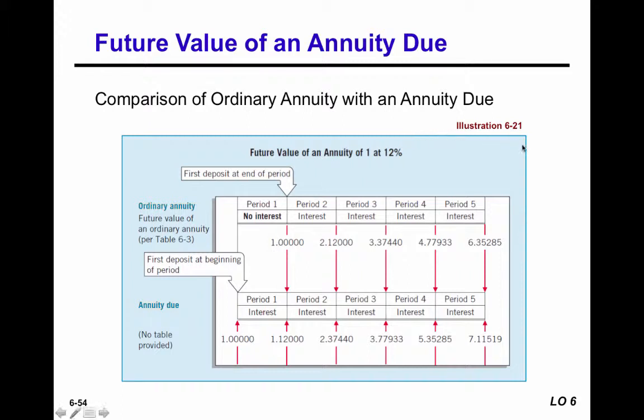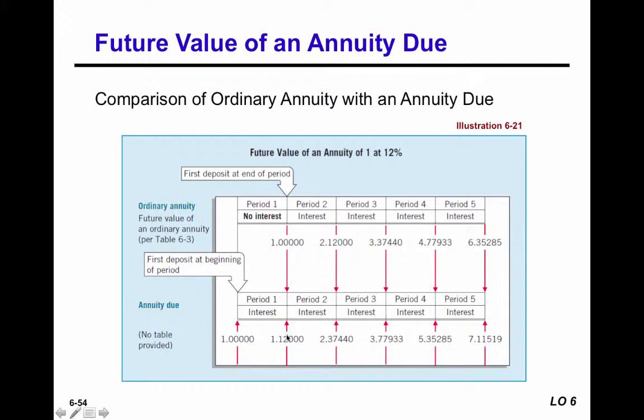Here's a pictorial depiction using the table. At the top of this panel are the future value factors for an annuity of $1 at 12% for 5 periods, with the first payment occurring at the end of the first period. So of course no interest is accumulated here. When we have an annuity due situation, the initial amount goes in at the beginning of the period and consequently does earn interest for that first period. And you'll notice that the